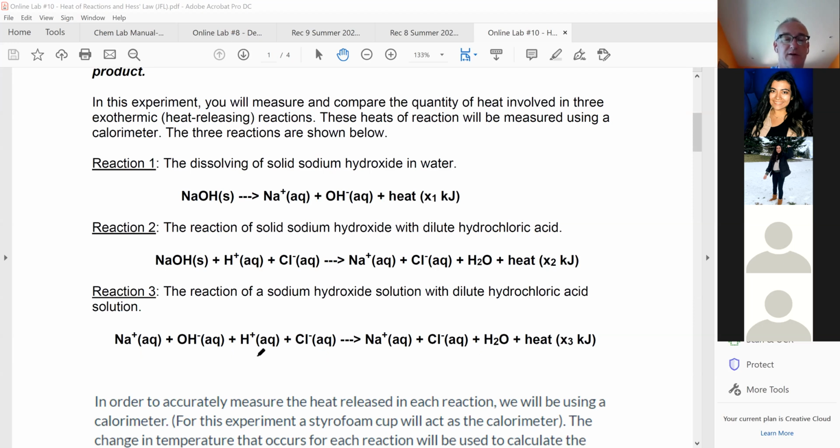The other two are just single reactions. So which two can we add together to get the third? The second reaction. What about it? Since there is NaOH and